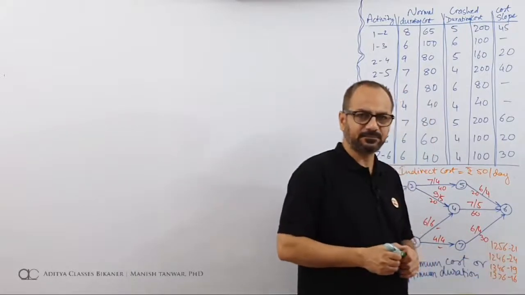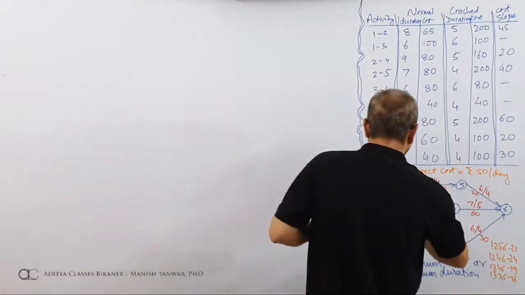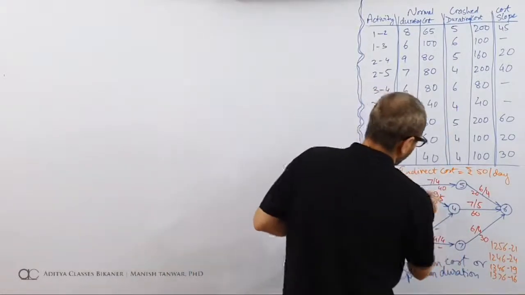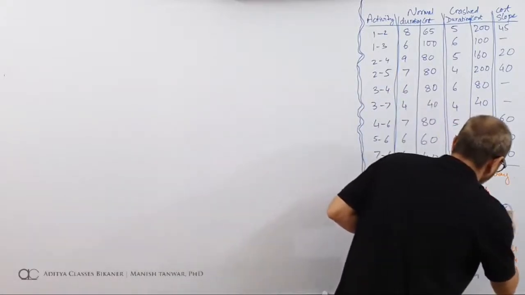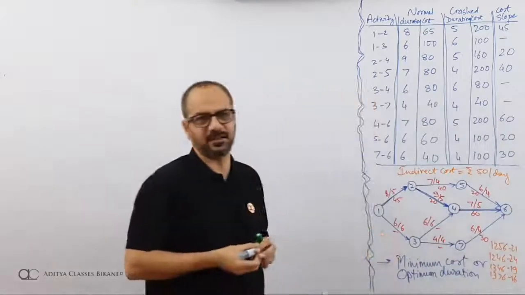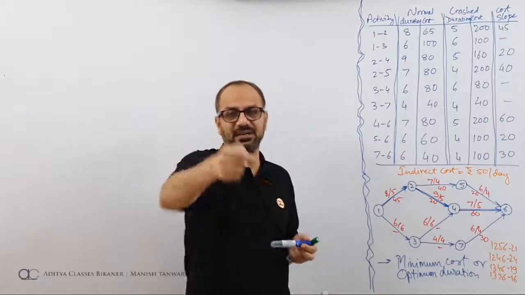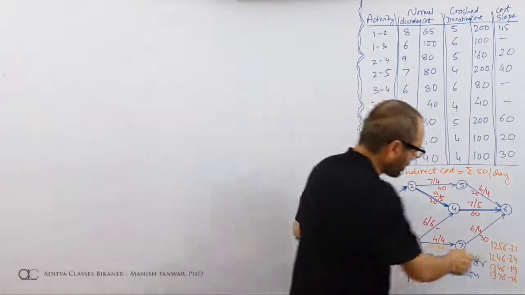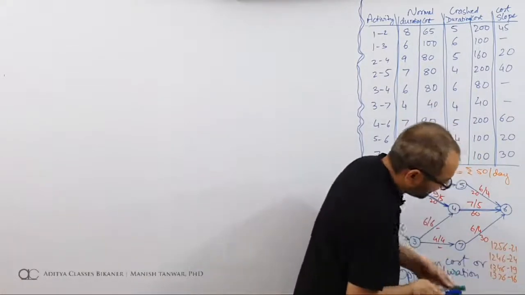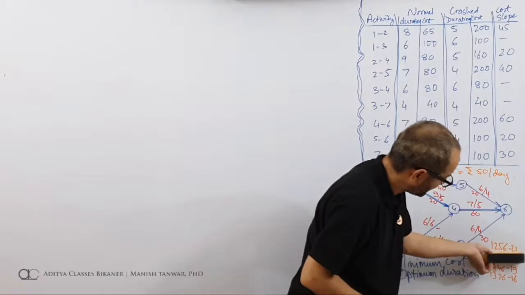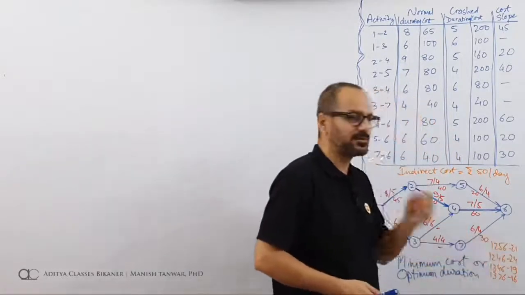We have all the paths, and which one is the critical? 24 is the critical. So what is it? 1, 2, 4, 6. This is the critical path. Now the idea in minimum cost duration is you check the next critical path. 24 is the critical path. What is the next? If I remove this 24, what remains of next? Next critical would be 21. So right now the critical is 24, but the next possible is 21.